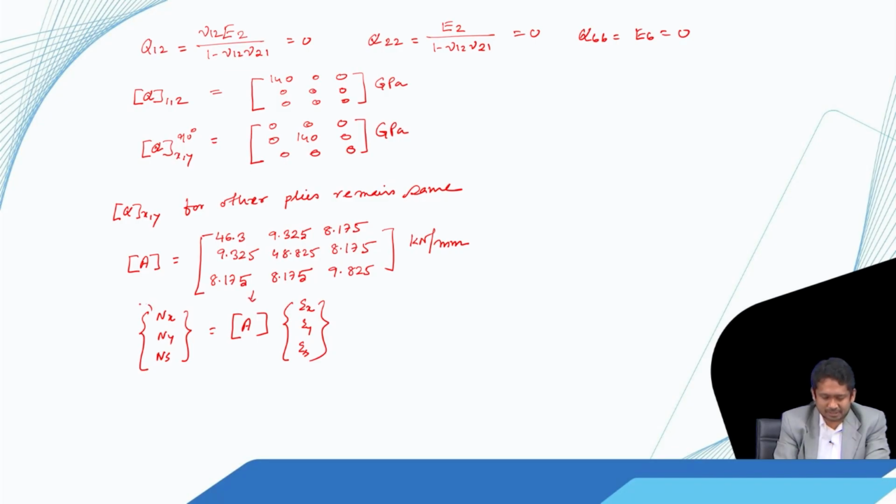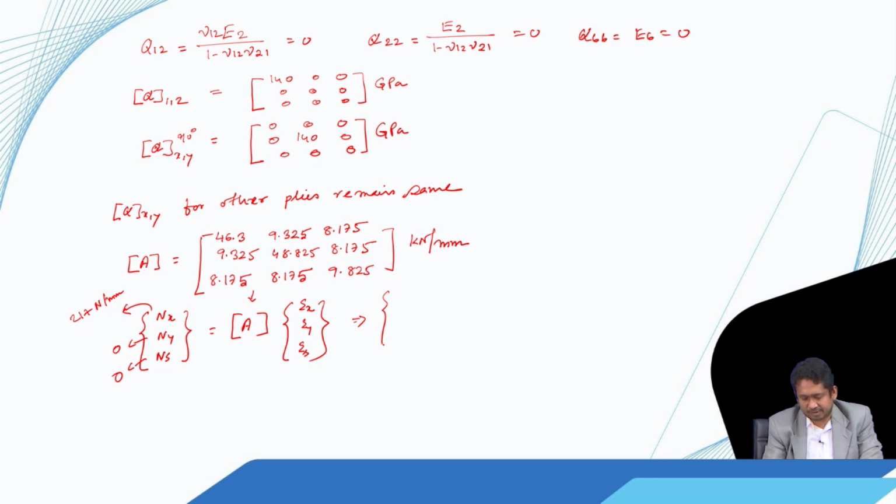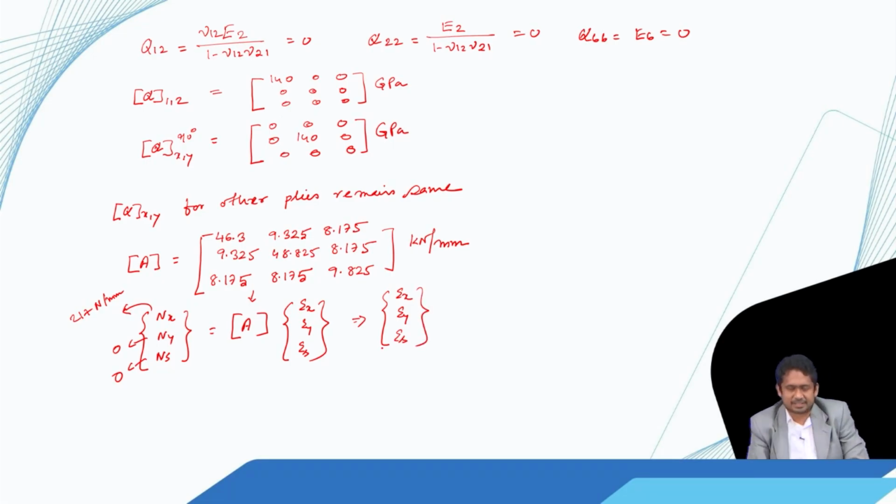So, A we have found out here, Nx we know that is 217 Newton per millimeter, and this quantity is 0, this quantity is 0. So, with that we find out epsilon x, epsilon y and epsilon s as, now again remember it is a symmetric laminate. So, there is no kappa because the load is only axial. So, epsilon x, y, s are same as epsilon x 0, y 0 and epsilon s 0. So, with that we get